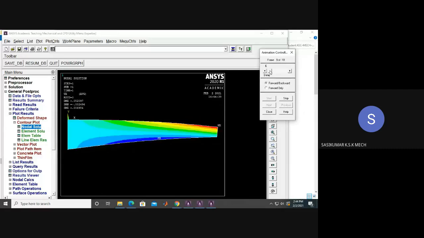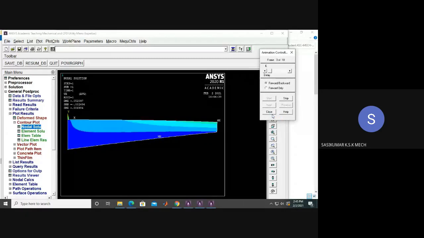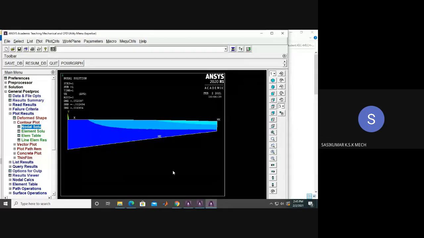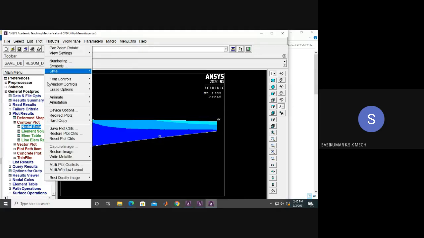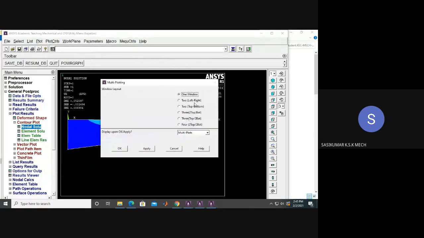Now you can see where the portions are weak, and you can get the results in the multi-window that you know. Okay, so go to the plot control, multi window. So here we'll have left and right.